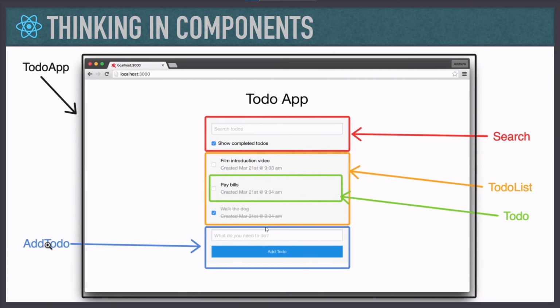So why do we use React? Let us take the example of a To-Do app. In the To-Do app, you can see there is one input field in which you can search your to-dos. There is another input field where you can add your to-dos. These are the different components, and you can use a component again and again. This is a JS file, and this is also a JS file, and this is also a JS file. So there are four JS files, but very small code.